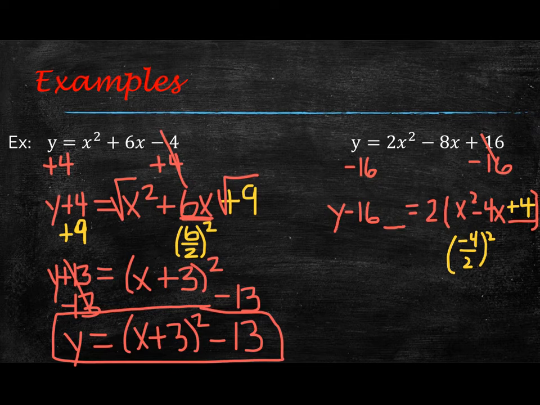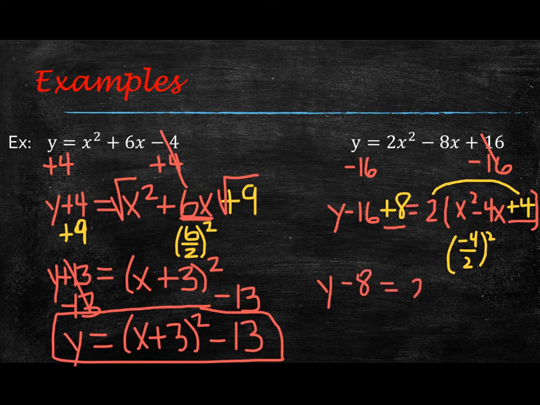And then what we have to do here is when we added in that 4, what we really added in was the 2 times 4. 2 times 4 is 8, and so we have to balance it on the other side with a plus 8. Then we will simplify. So we have y minus 16 plus 8 is minus 8